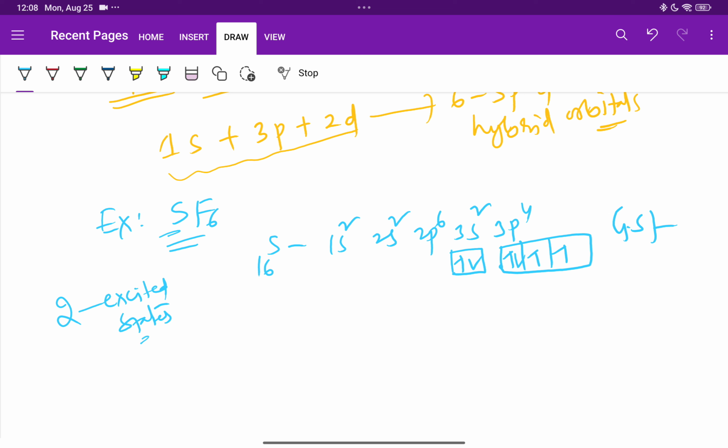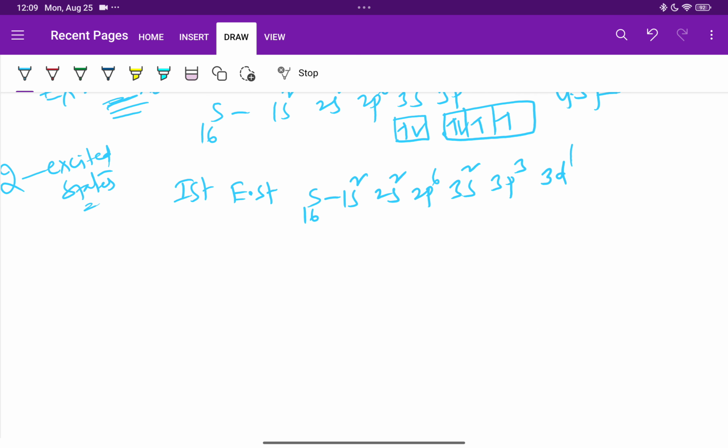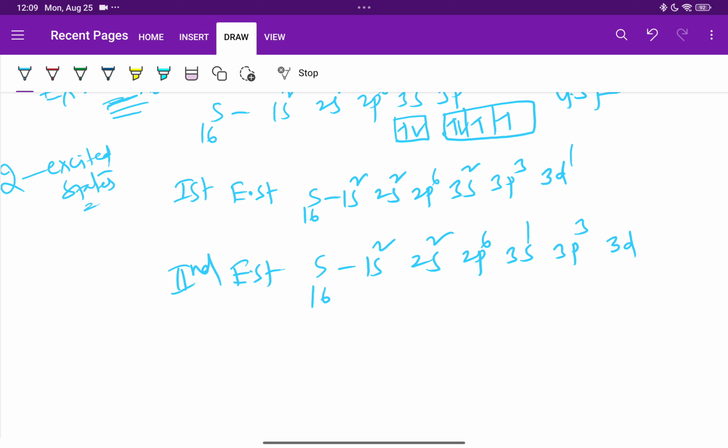Very important point. In PCl5, phosphorus has shown only 1 excited state, but here the sulfur is going to show 2 excited states. So first excited state, 1s2 2s2 2p6 3s2 3p3 3d1. It is the first excited state. Then second excited state,